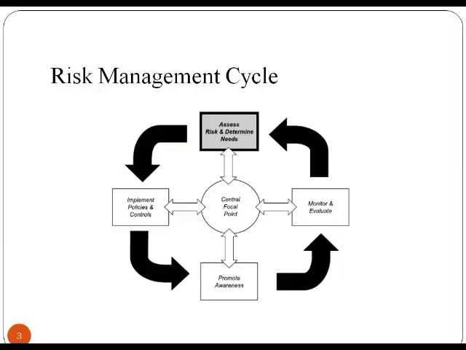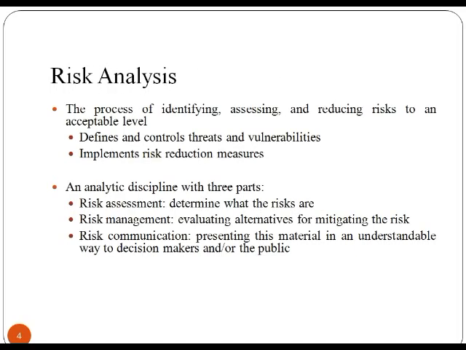A problem. A problem at the surface level could be a threat of accident, casualty at the plant, and fire accident, etc. The process of identifying, assessing and reducing risk to an acceptable level. It defines and controls threats and vulnerabilities. It implements risk reduction measures and an analytical discipline with three parts, that is risk assessment, risk management and risk